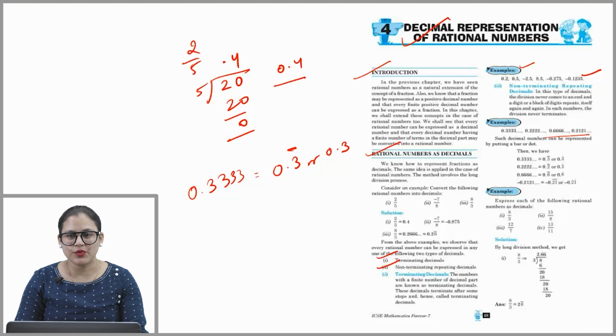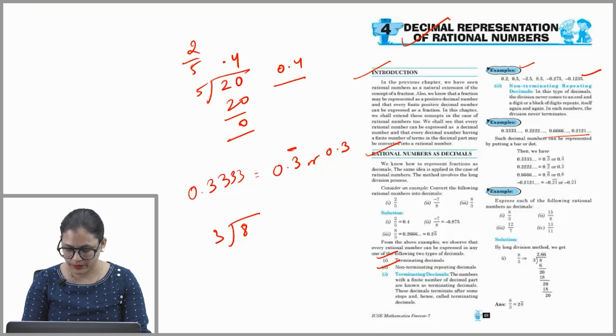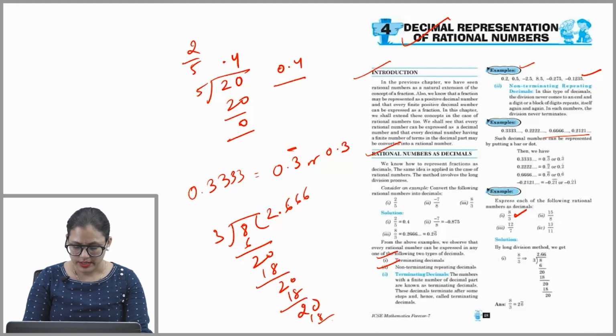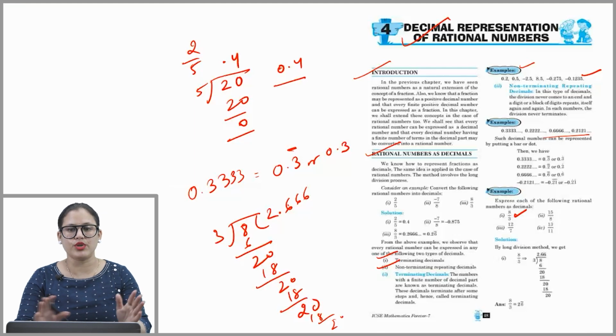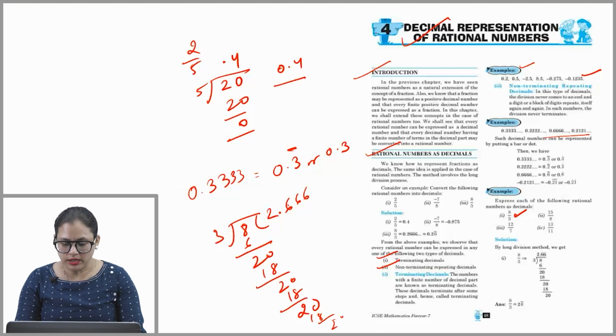Example, express each of the following rational numbers as decimals. You have to divide 8 by 3, okay? 3 2s are 6, 2 decimal 0. 3 6s are 18, 2. 3 6s are 18, 2. Okay, this division is never going to end. So this kind of division means this is a decimal which is non-terminating repeating decimal. Okay,